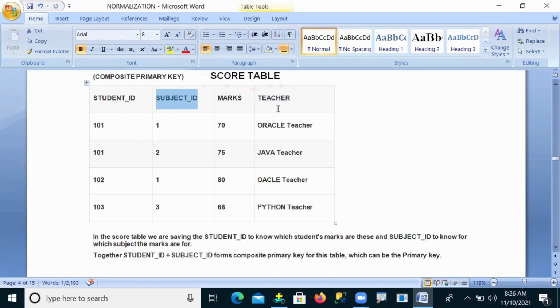So tell me, is the teacher column a partially dependent column or a fully dependent column? Come on.